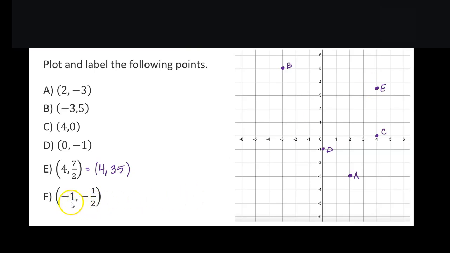And then finally, we have -1, -1/2. So we start at the origin every time. The -1 means I'm going to go left 1, and the -1/2 means I'm going to go down 1/2. So I'm going to land in quadrant 4 and label my point